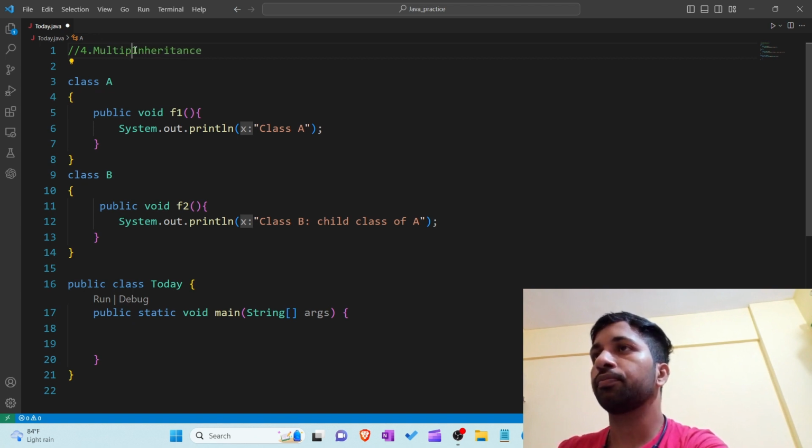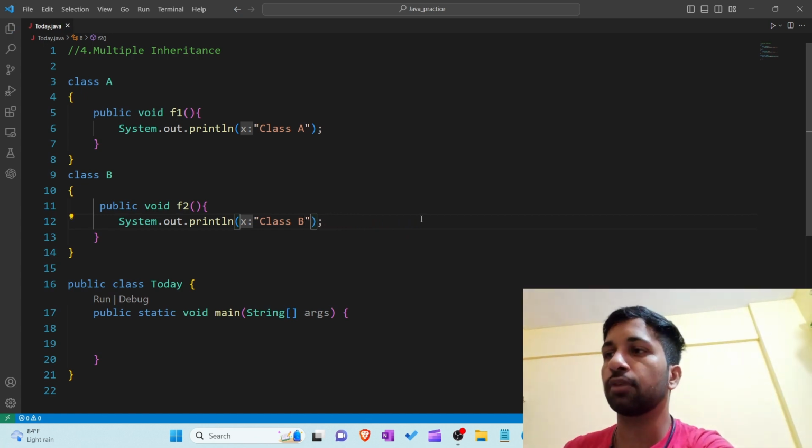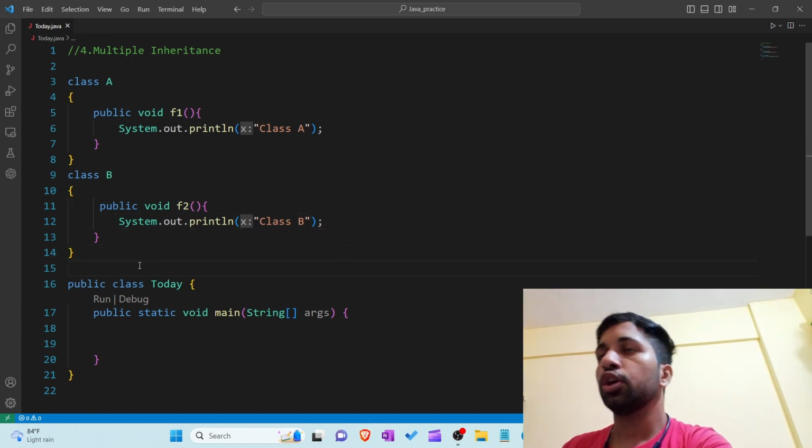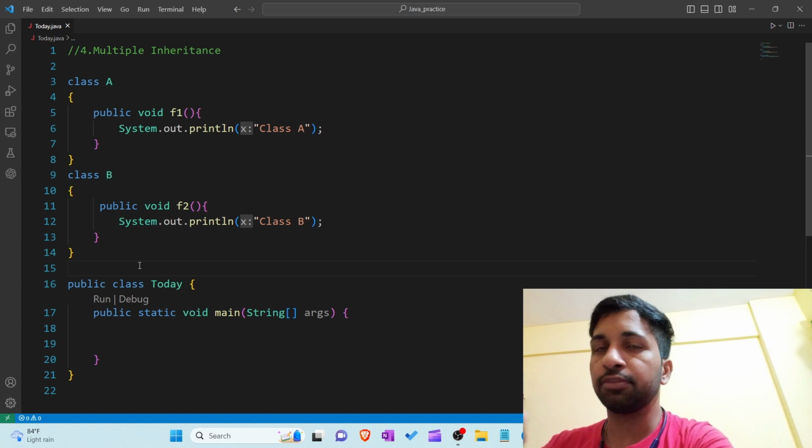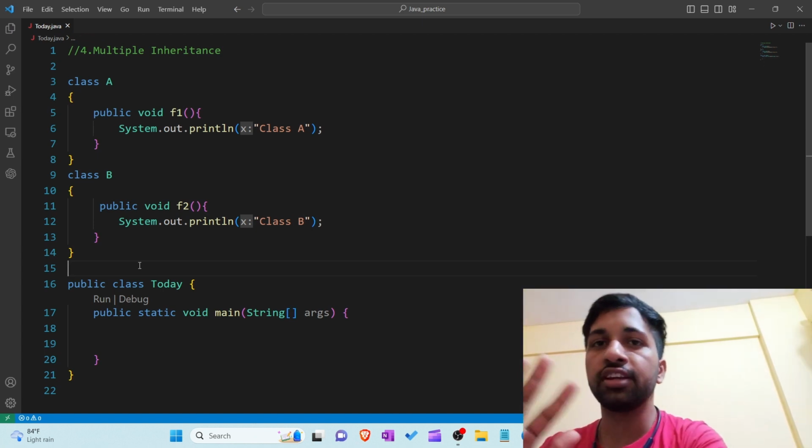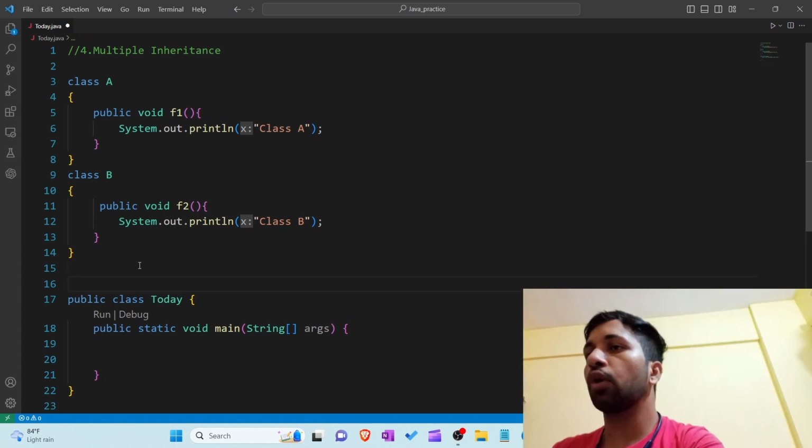Multiple inheritance. What is the meaning of that? This is the fifth type of inheritance, which is not supported by Java in terms of classes. Class A is a simple class, class B is a simple class, and in both classes no type of relationship occurs. Now I am creating class C,